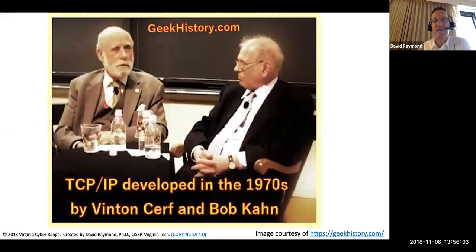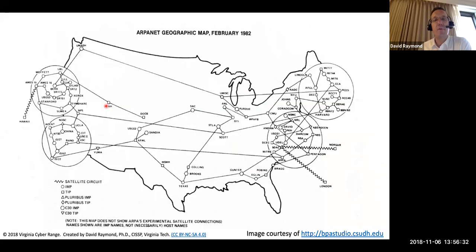Then in the 1970s, a couple of smart guys, Vint Cerf and Bob Kahn, were both working for ARPA at the time. Vint Cerf is a computer science PhD. Bob Kahn was an electrical engineering PhD, and they led the team that developed the TCP/IP protocol, publishing a paper in 1973 describing those two protocols that work hand in hand to make the internet function. And from there, everything sort of went off the rails, right?